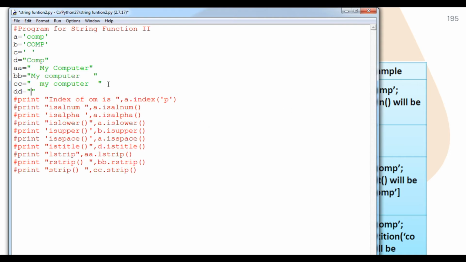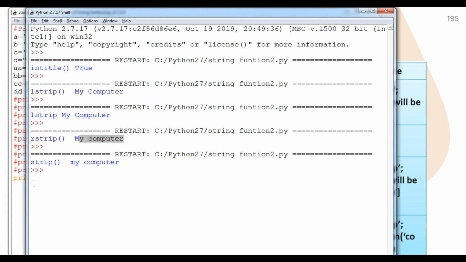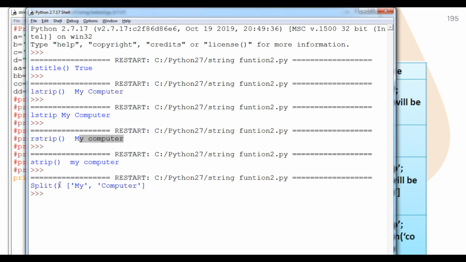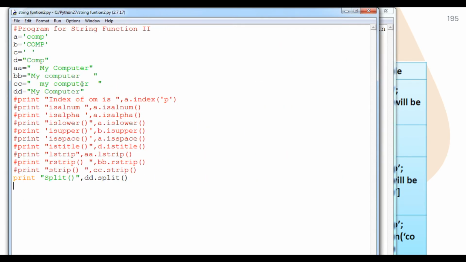I am saying your variable, suppose a variable that is double D. Here, my computer, simply, and I am going to just split it. The split function, so here the variable is double D equals split. Let's see what the output will be. Now you can see the split function actually splits my words in the form of a list.